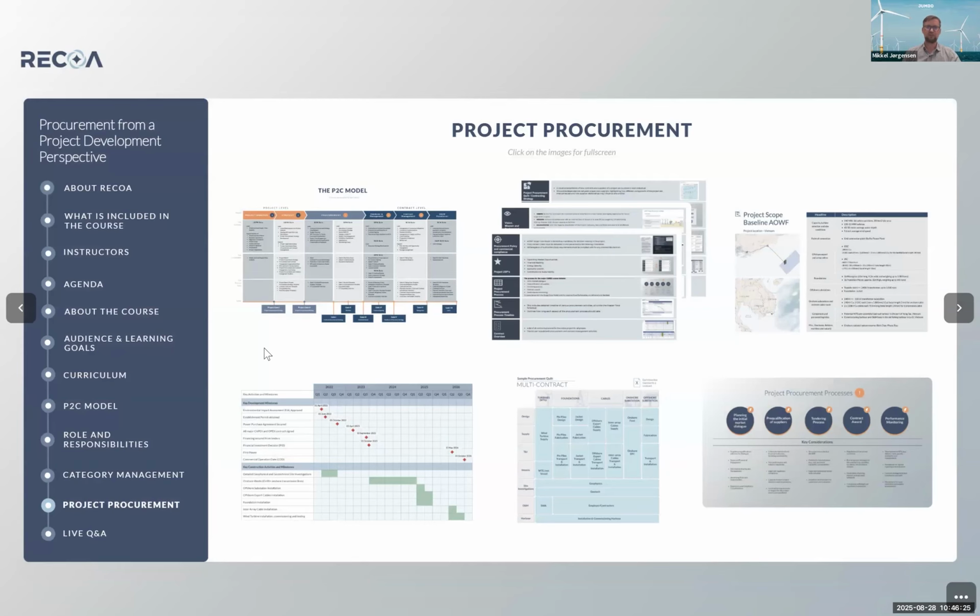Our next agenda point here is called project procurement. So let's take a look inside some of that education content to give you a taste of what that looks like. If we jump back into our StageGate model up there on the left, please,